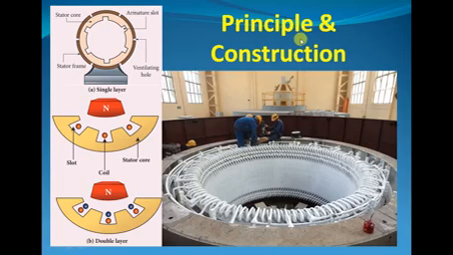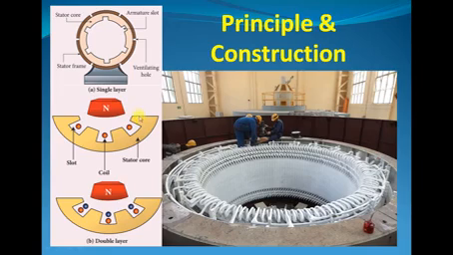The AC generator or alternator is based on the principle of electromagnetic induction. Electromagnetic induction is nothing but the relative motion between the coil and the magnetic field, that is, the magnetic flux changes and it induces an EMF. The magnitude of the induced EMF is given by Faraday's law of electromagnetic induction, and the direction is given by Fleming's right hand rule. AC means alternating current. Next we are going to see the construction.